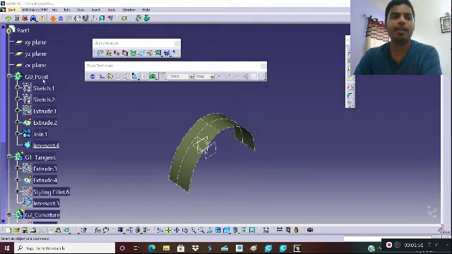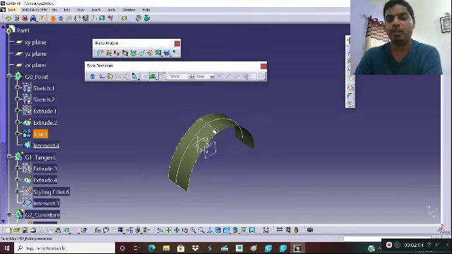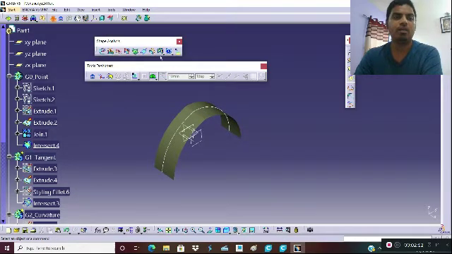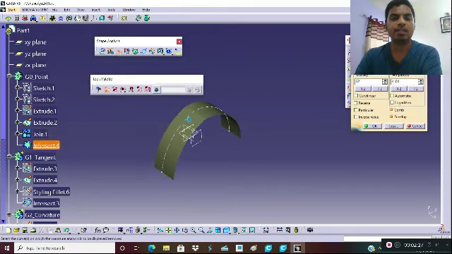I have already created two different sketches, and from these two sketches I have created two different surfaces and joined those two surfaces. After joining them, I have created an intersection between this surface and this plane to get this intersection curve. I will go into the Freestyle workbench, where there is a tab called Shape Analysis. I will select Porcupine Curvature Analysis from Shape Analysis, close this toolbar, go into the Porcupine Curvature Analysis tab and select this curve.